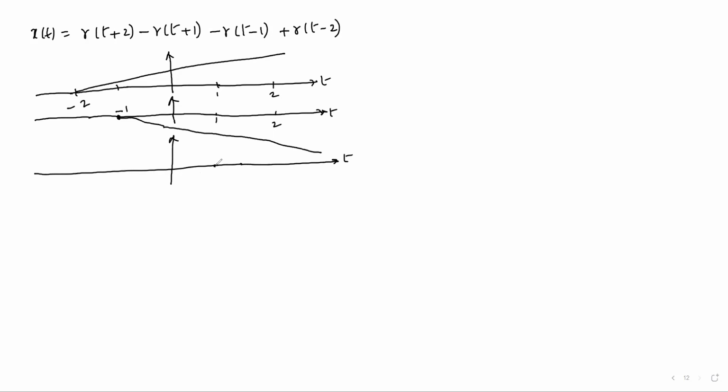That means it starts at +1 and is inverted as well. And the fourth one, R of t minus 2, so it starts at +2. Like this. If you observe, the slope of the ramp function